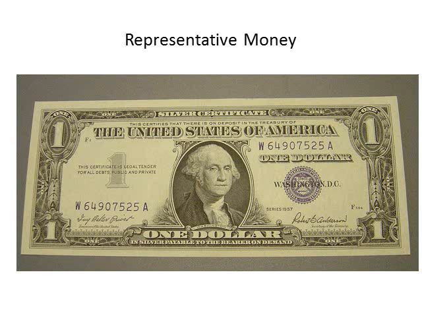The above example is of representative money. While this looks like a dollar bill, it is actually a silver certificate. Notice the words silver certificate printed on the bill. Before 1973, this bill was redeemable in silver. You could take this to the Federal Reserve Bank and get a piece of silver worth $1 from the Federal Reserve.